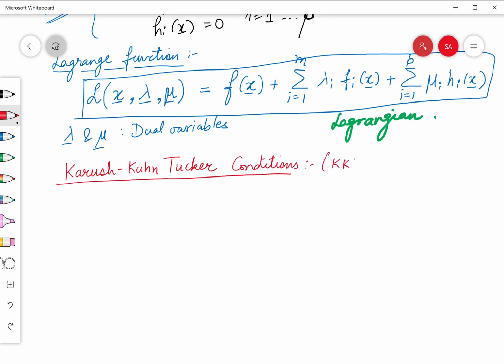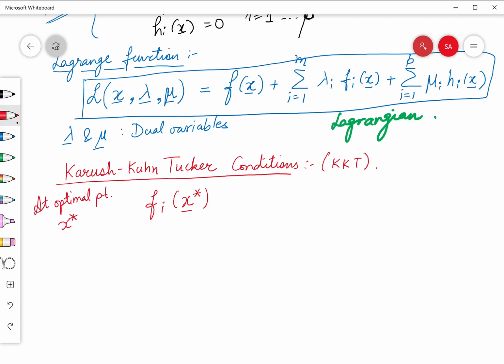In short form, you write KKT conditions. There is a list of conditions here, so at the optimal point,